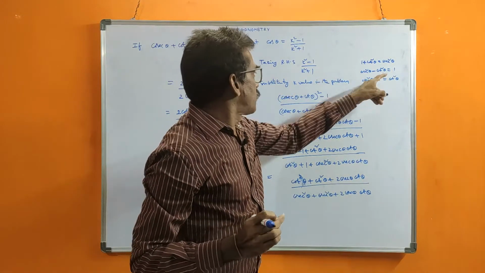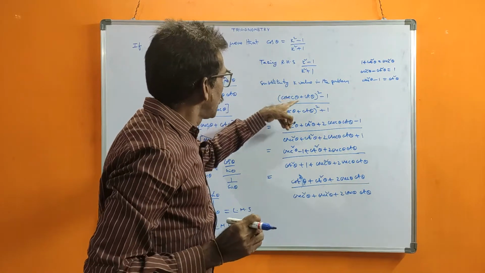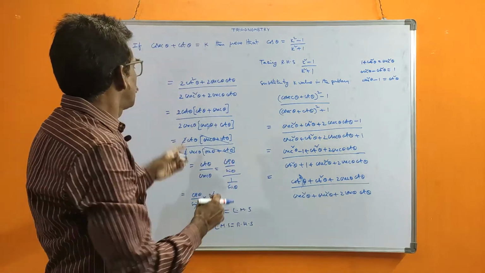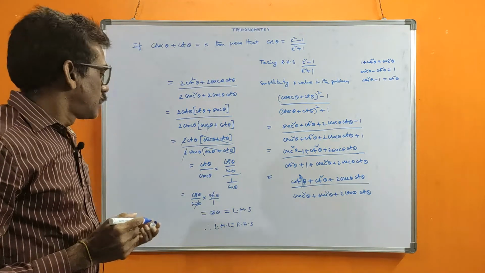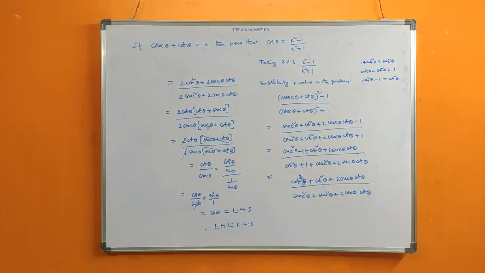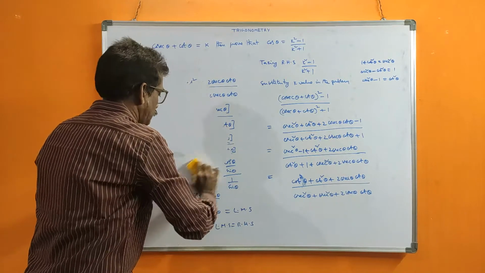Once you write these formulas there, and instead of k you substitute the values, then expand, then with some tricks you arrange and take common, you will get it. This is one method. Okay, second method I will tell.